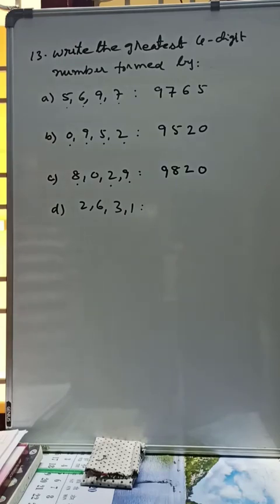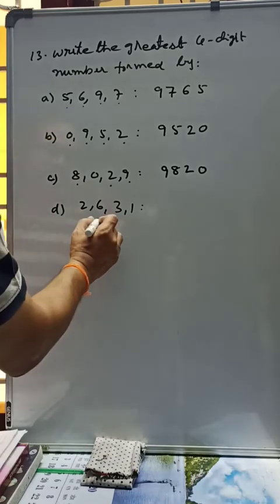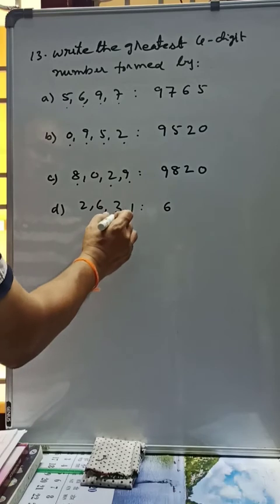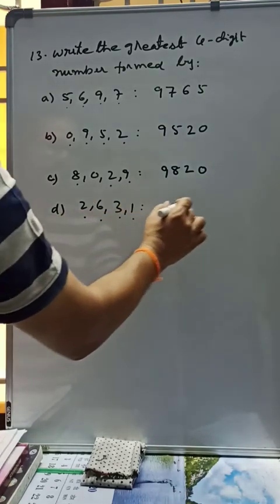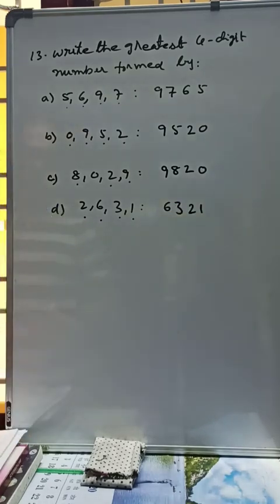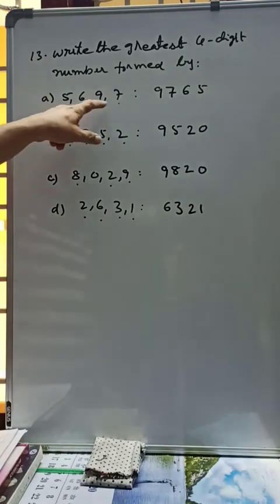Coming to D, among 2631, we have 6 is the greatest number, 6000. 3 is next one, 321. 6321. So the greatest number formed by 5697 is